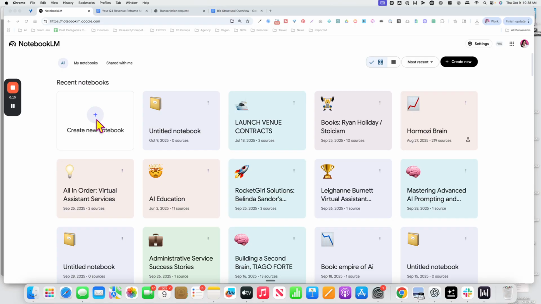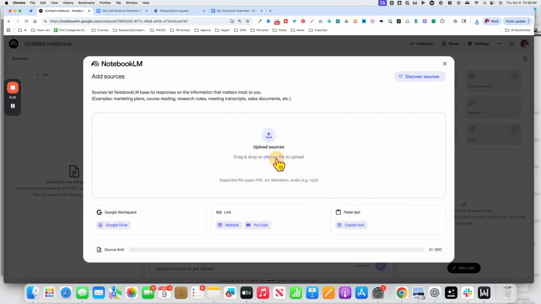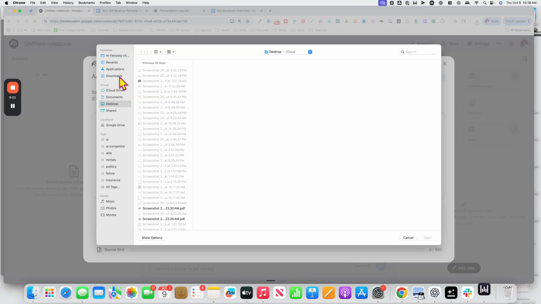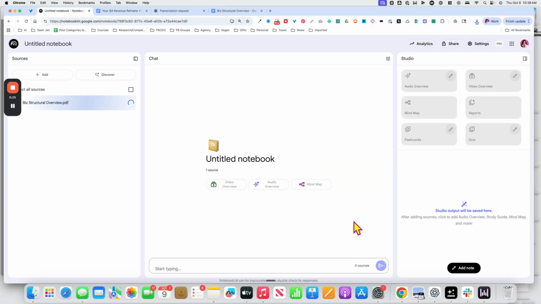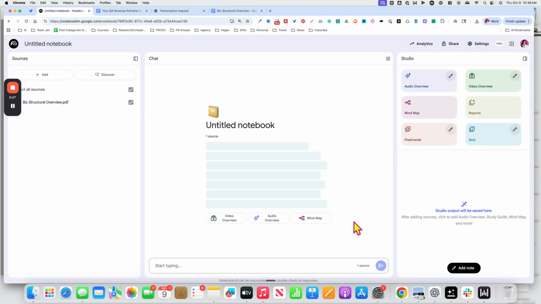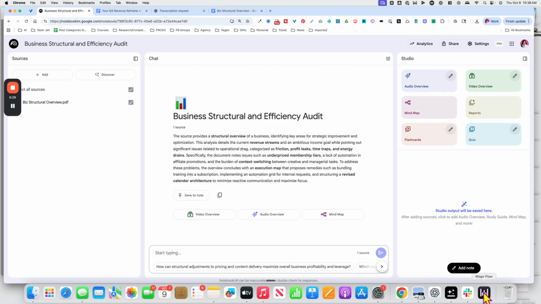So the first thing that we're going to do is create a new notebook, and I'll choose a PDF that I just downloaded. And one of the reasons it's the first thing that you have to do when you start a notebook is because NotebookLM only works with the resources that you give it. And this is a very important distinguishing factor between